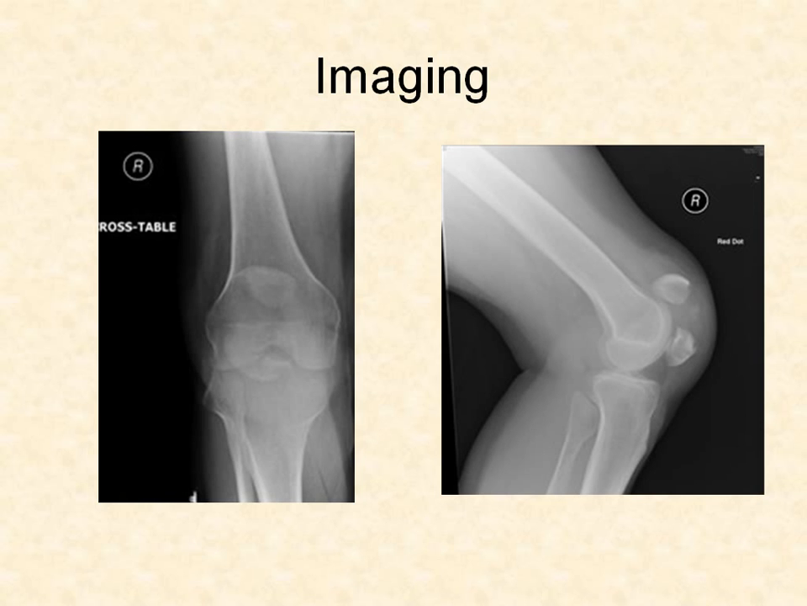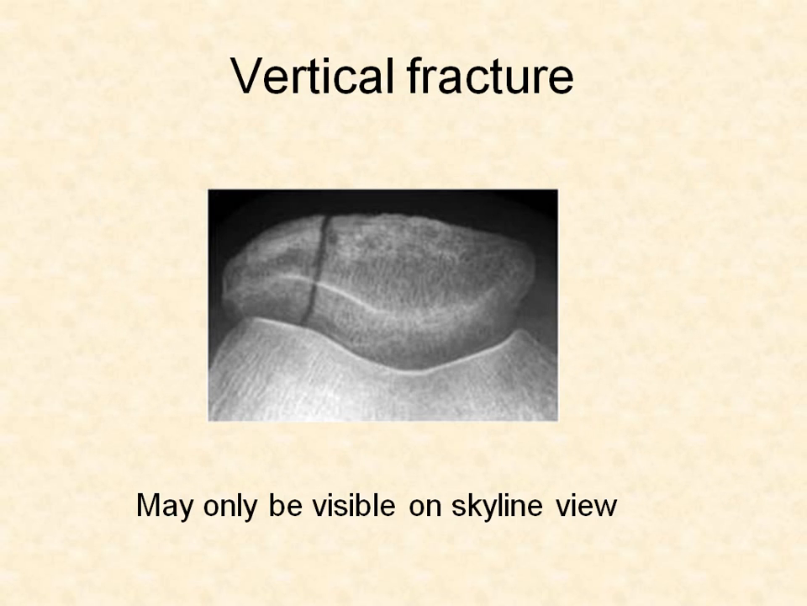But still, most people would make the diagnosis and plan for treatment on the basis of plain radiographs rather than more sophisticated imaging. Just a couple of things that are worth noting. The standard AP and lateral view, it's often easy to miss a vertical fracture, which can be difficult to see on the AP view because the patella is superimposed on the femur, and on the lateral view it may be